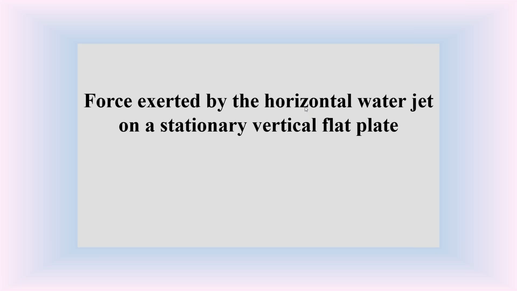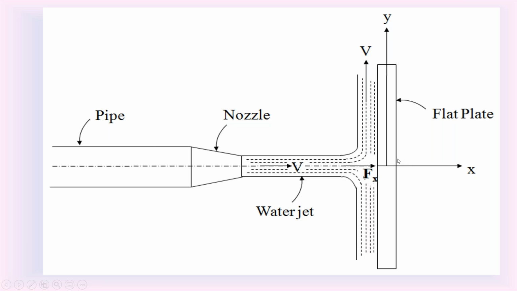So please everyone look at the diagram of this particular heading. The water jet is horizontal. The metal plate is a flat metal plate, stationary and at rest. The metal plate is vertical. This is the diagram of this first condition in part 1, impact of water jets. Please everyone check this diagram in your cell phones.